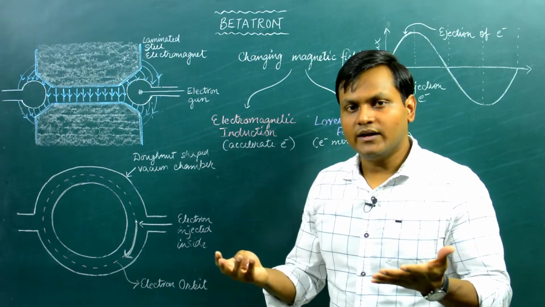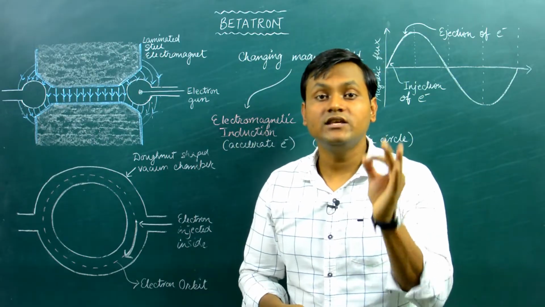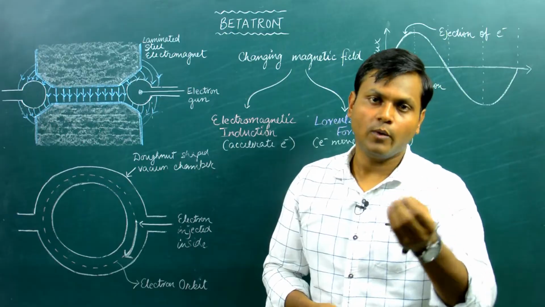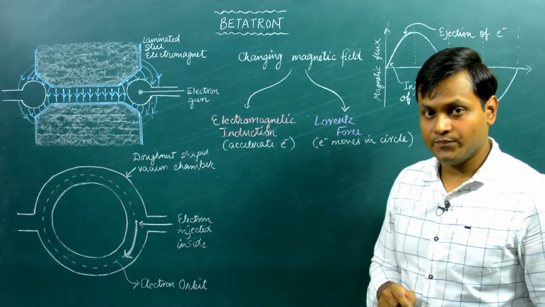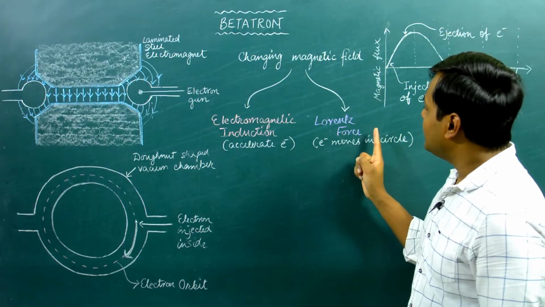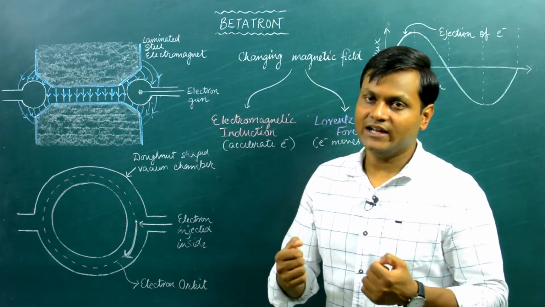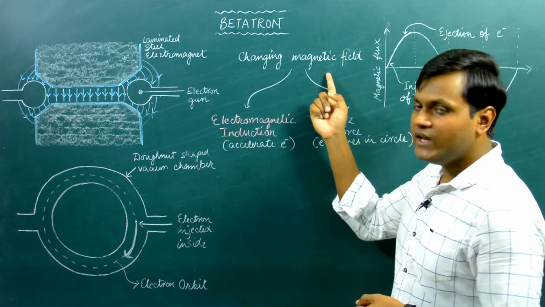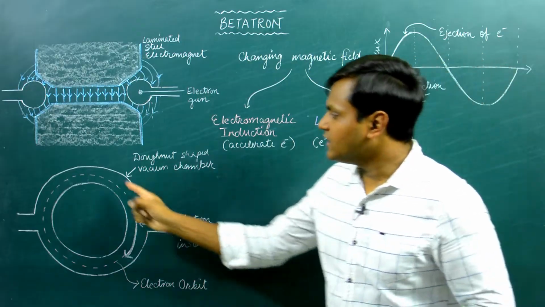So any charged particle which is moving in a plane perpendicular to the magnetic field lines will execute a circular motion. You probably already know that. So this circular motion is a result of Lorentz force. So Lorentz force is because of the magnetic field acting on a charged particle like an electron. So when an electron experiences a magnetic field, it might be non-changing magnetic field, then it executes a circular motion,